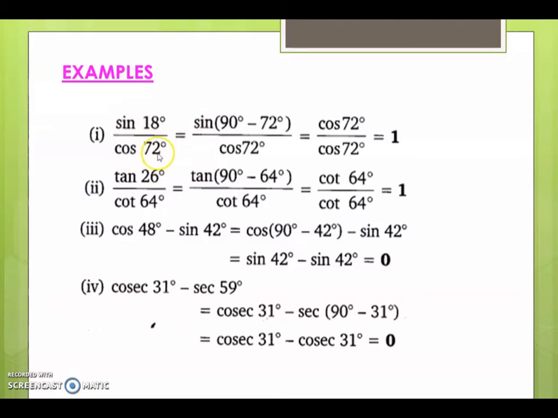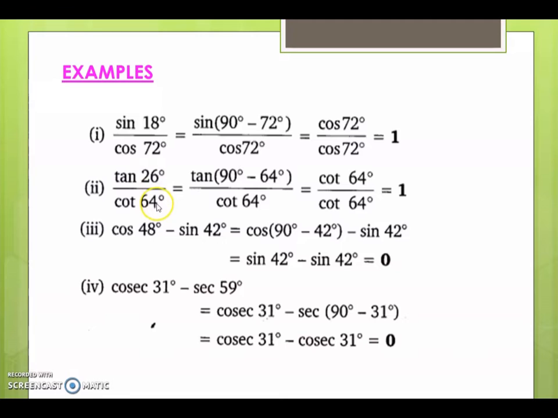But if you are having 18 degrees, 72 degrees and all, these are not the angles which you have learnt. But here, if you observe, 18 plus 72 is equal to 90. That is, you have a pair of complementary angles here. So, change one in terms of the other. So, sin 18 degrees I can write as sin of 90 minus 72. Now, sin of 90 minus theta I know is cos theta. So, cos 72 by cos 72 I will get the answer as 1. So, without substituting the values of 18 degrees and 72 degrees, I could evaluate easily.